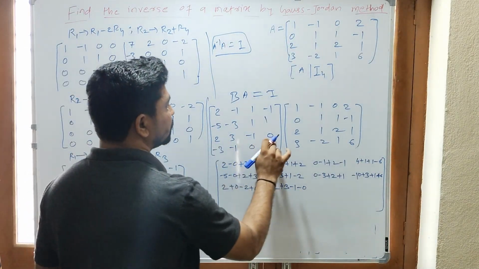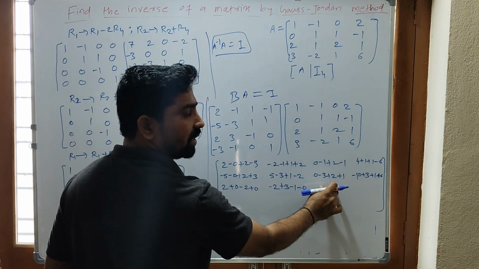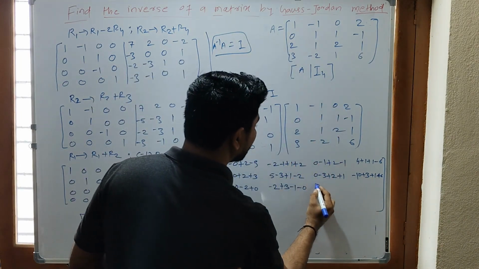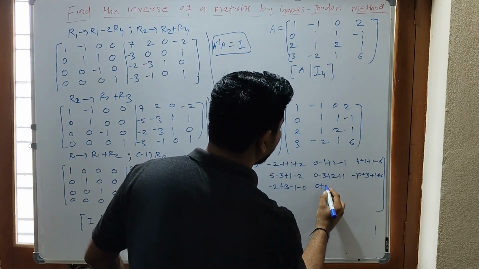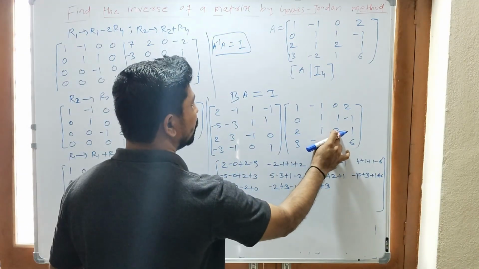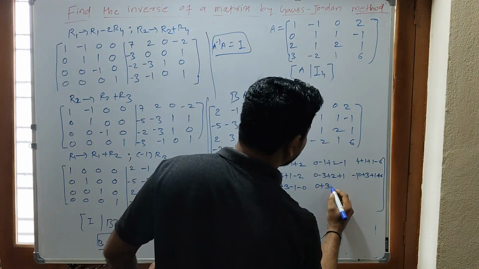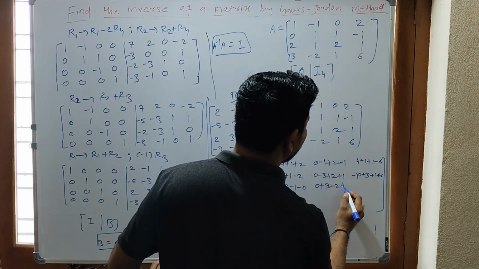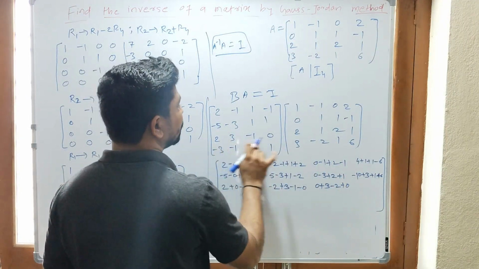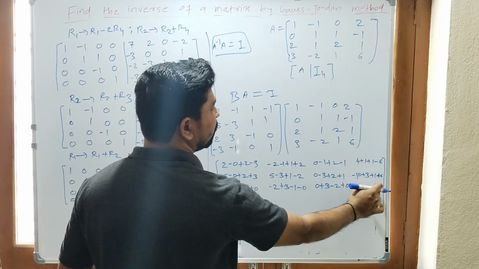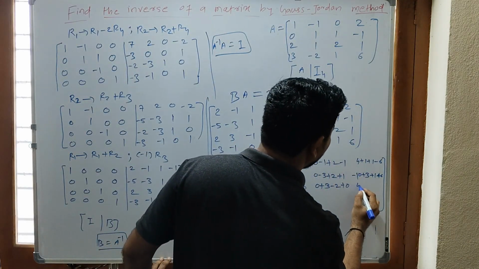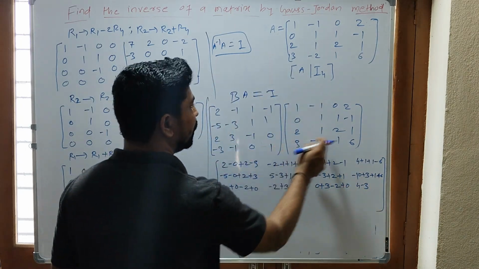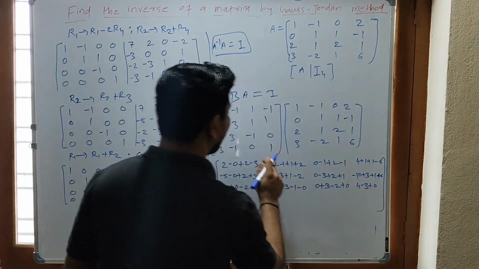So here the third row, third column is the A33 entry. Third row, third column, 2 into 0, here 0, 3 into 1 plus 3, minus 1 into minus 2, that is simply minus 2, minus 1 into 2, and 0 into 1, here simply 0. Now the third row, fourth column is the A34 entry. 2 into 2, here I am writing 4, 3 into minus 1 minus 3, 0 into 1 0, and this